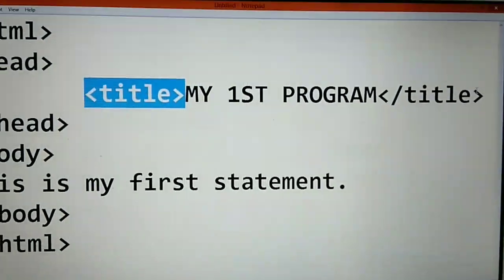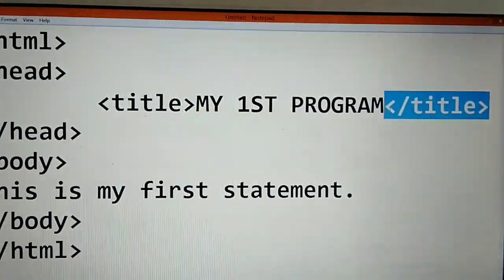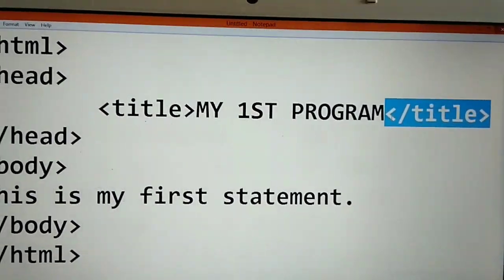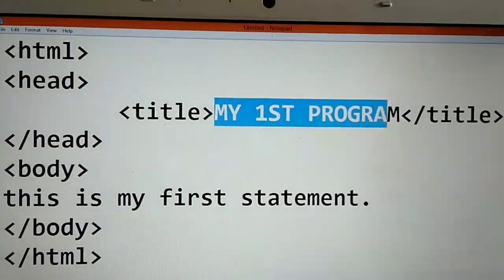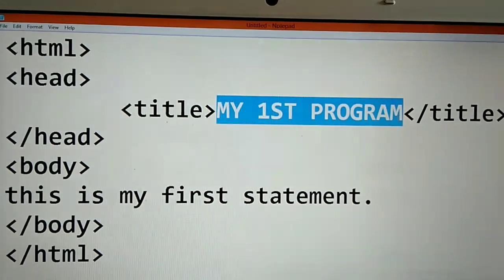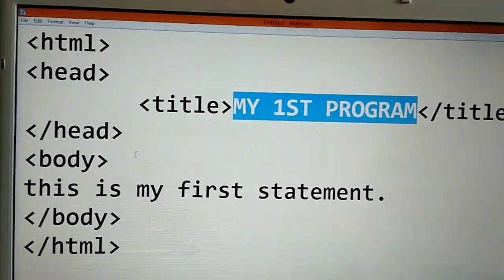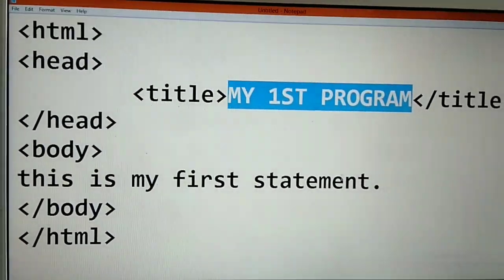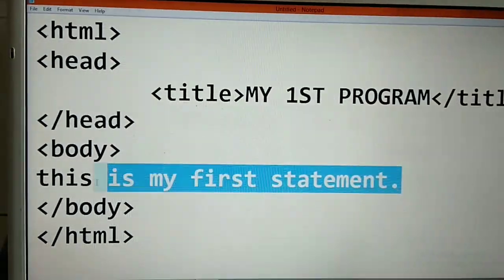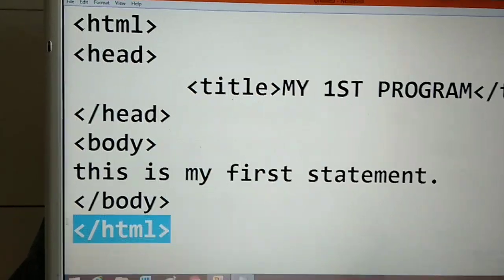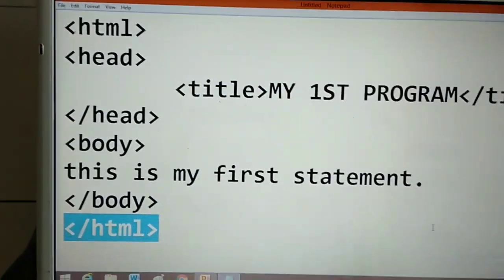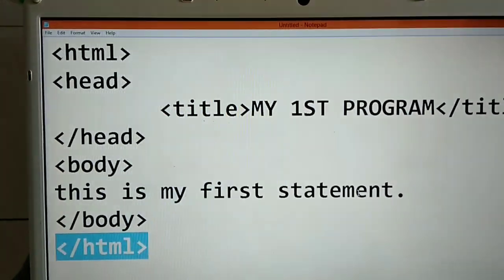Title is also a container tag, that's why we have to write /title. My web page title is my first program. Next, body. Inside body, I have written, this is my first statement. Body is over, HTML is over. This is the basic syntax of your HTML program.